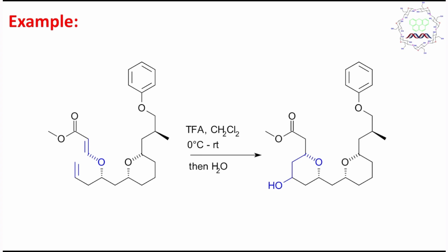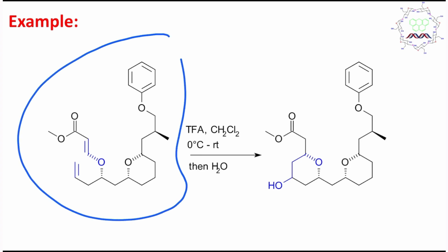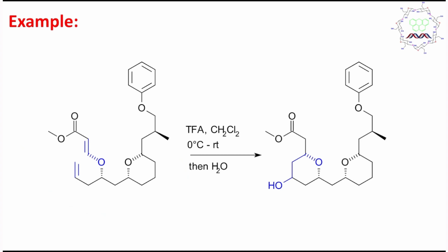This molecule apparently looks a little complicated. Actually it's a big molecule, but I request you to try to focus on the center where the reaction is happening, and that is marked in blue color. If you look at just this part, this is nothing but an alpha beta unsaturated carbonyl compound, and we know an alpha beta unsaturated carbonyl compound can have a canonical form.